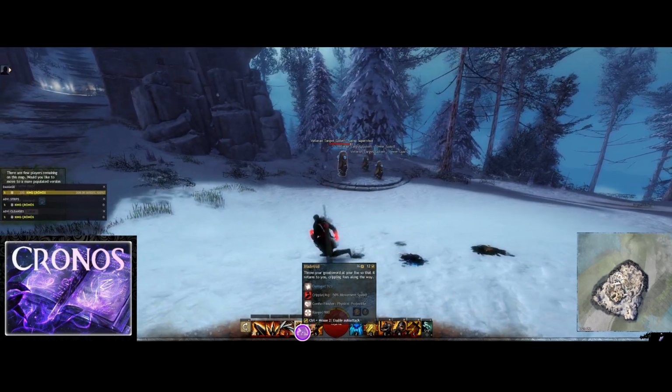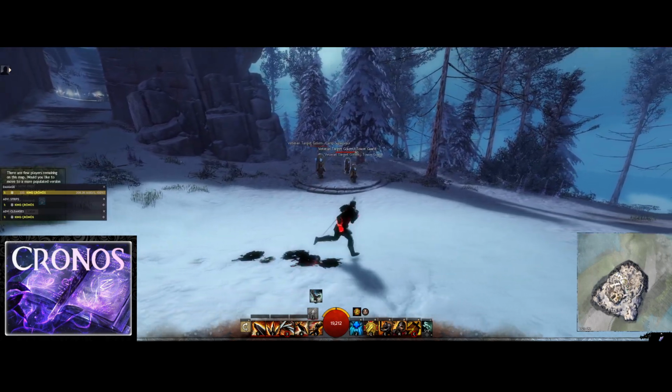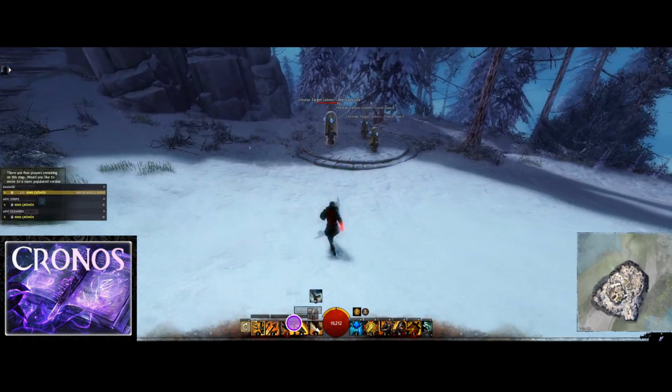Greatsword 4 is just a pressure tool for you. You can just use it to get more adrenaline out of combat, or out of melee. And then Longbow, most of your damage is going to be coming partially from your auto attack, but